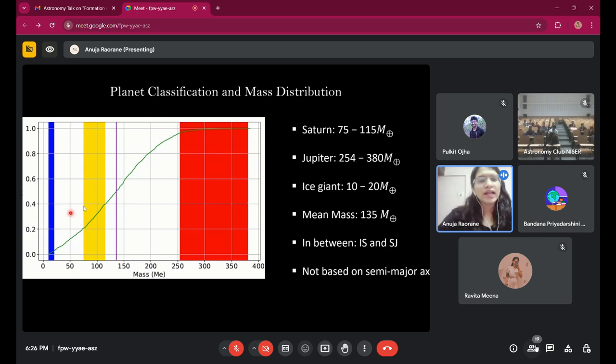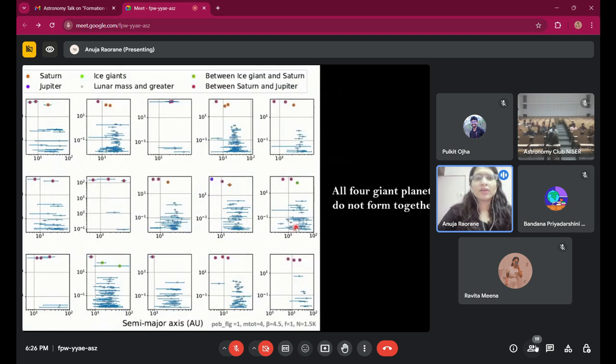So anything between ice giant and Saturn was named IS, and in between Saturn and Jupiter was named SJ. And our mean mass as well as median mass of all the simulations combined was around 135 Earth masses. So moving ahead, after so many simulations, we had done around 840 simulations for the different parameter combinations